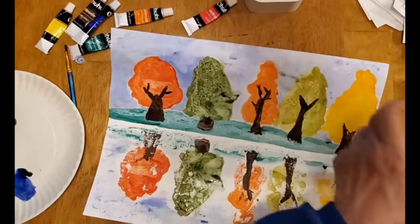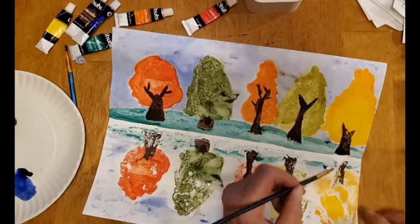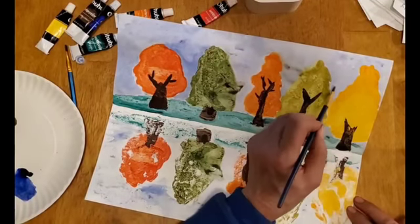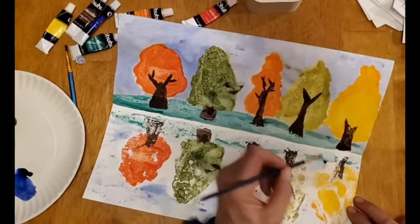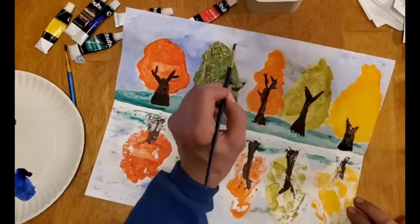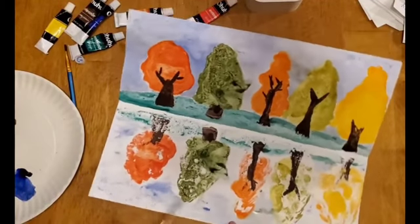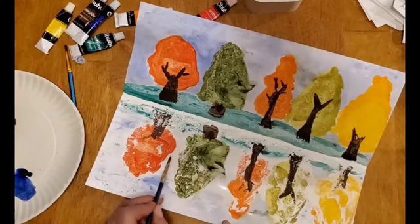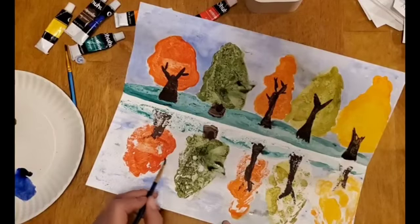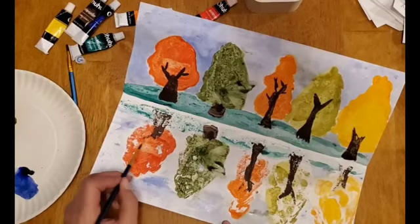Okay, now I'm going to take my small brush and kind of get rid of some of these puddles. Just kind of spread them out a little bit. And then we can go over the bottom a little bit and put just a little bit of water blue